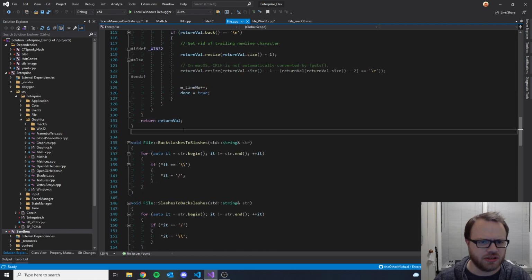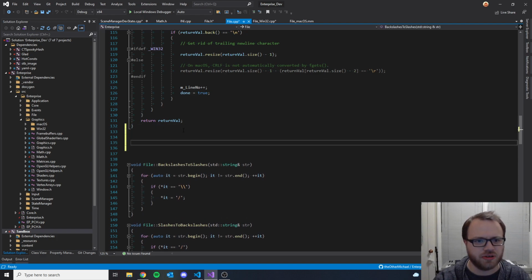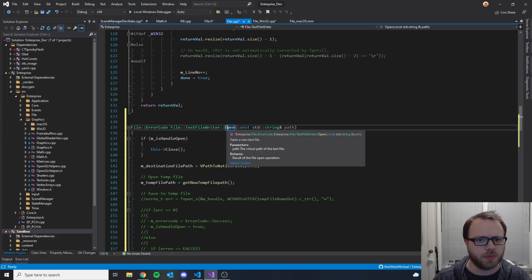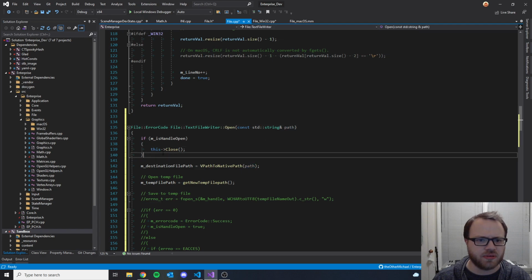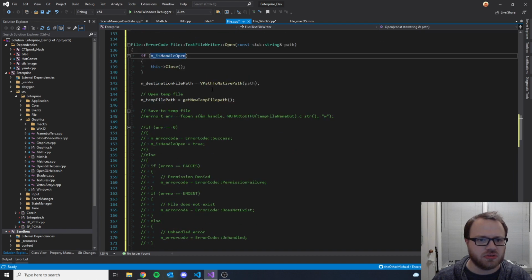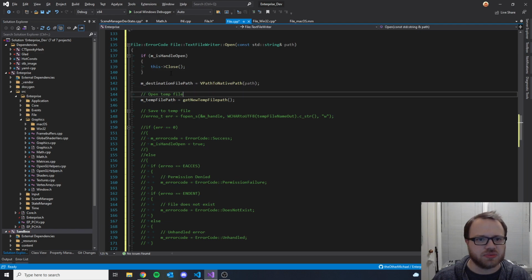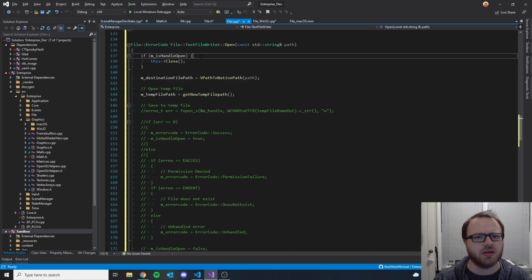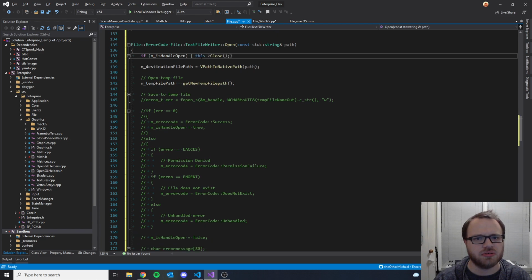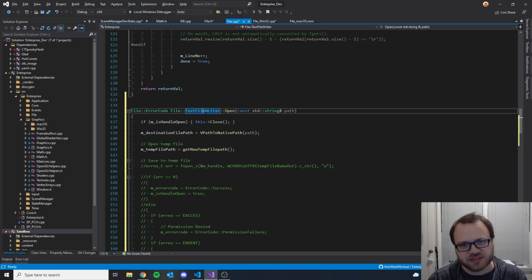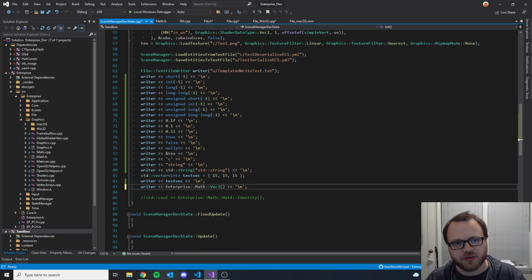I guess I don't have any text file writer stuff in here anymore, but here's that definition. We've got the file error code that we're returning, text file writer open, the virtual path, and then this logic works fine. First thing that happens is we confirm that the handle isn't already open. The way that text file reader and text file writer handle this is that if you tell it to open, so if you have an existing writer and then you say writer